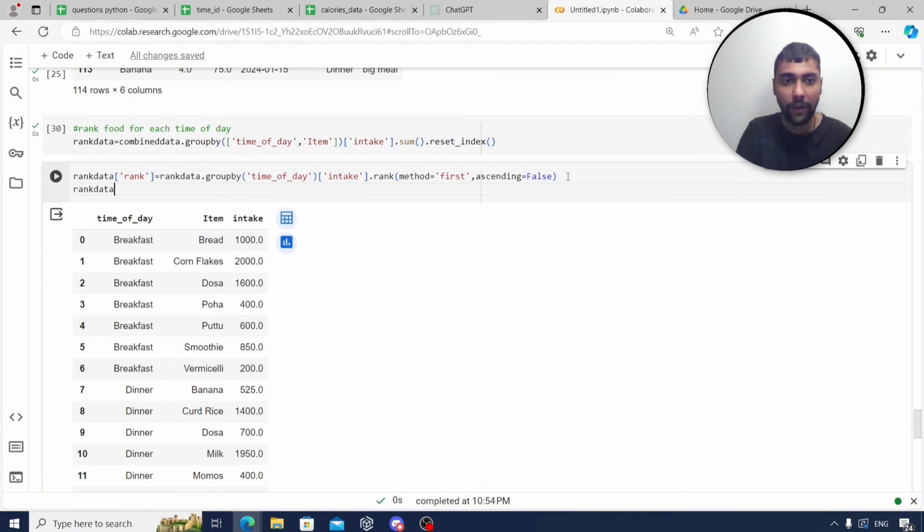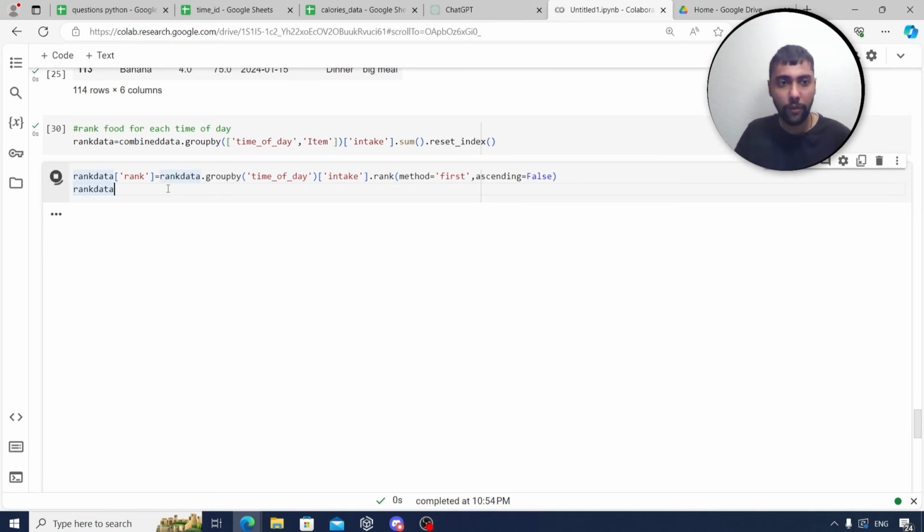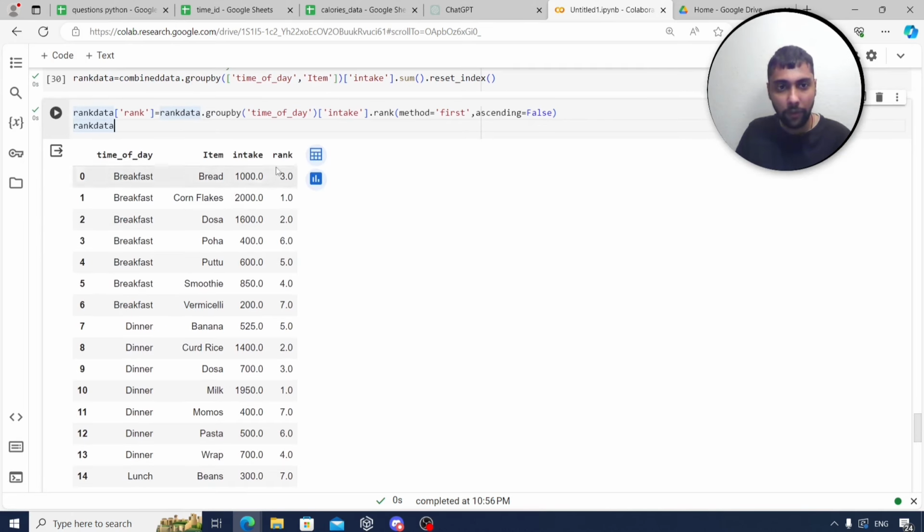Now let us see what rank data is showing. So group by time of day is like partitioning each time of day separately. Then the intake value is already total, and we find the rank. So within breakfast, which is the highest, within lunch, which is the highest, we will be able to find this out. Now let's run the query and see. So notice we got the rank. So within breakfast, rank 1 goes to cornflakes 2000, and I think the least is rank 7, which is